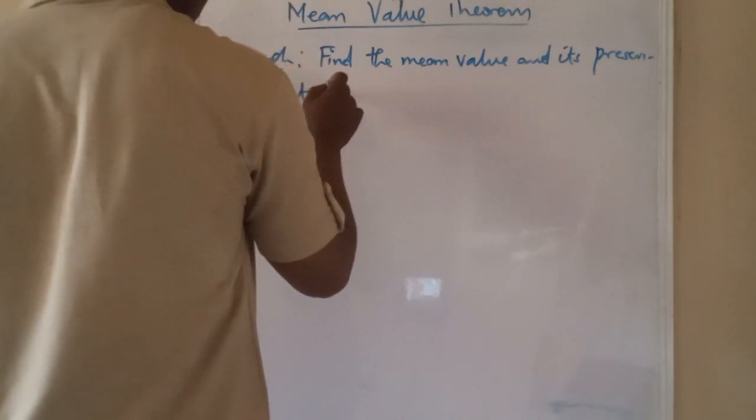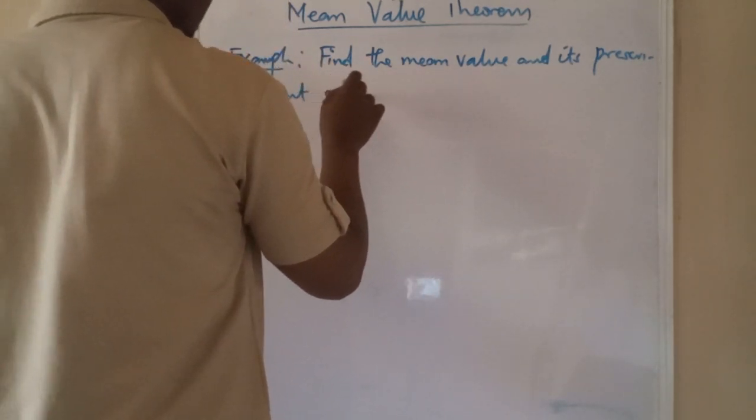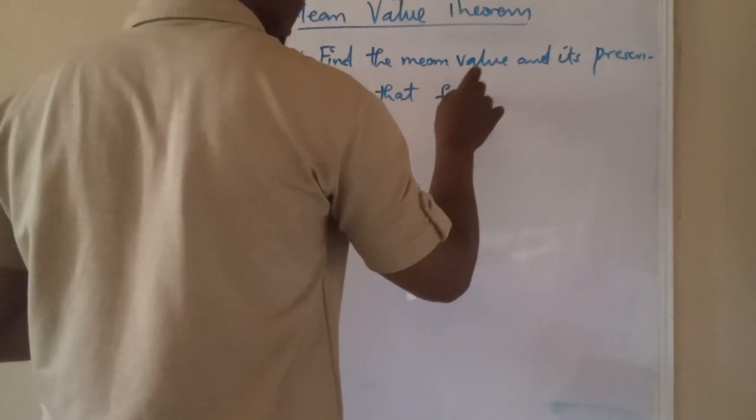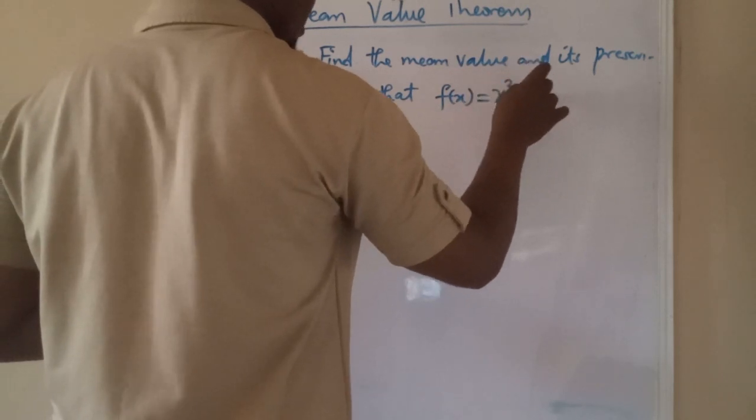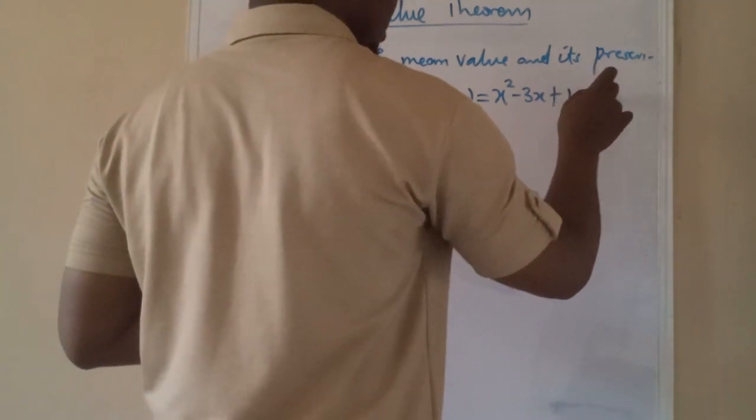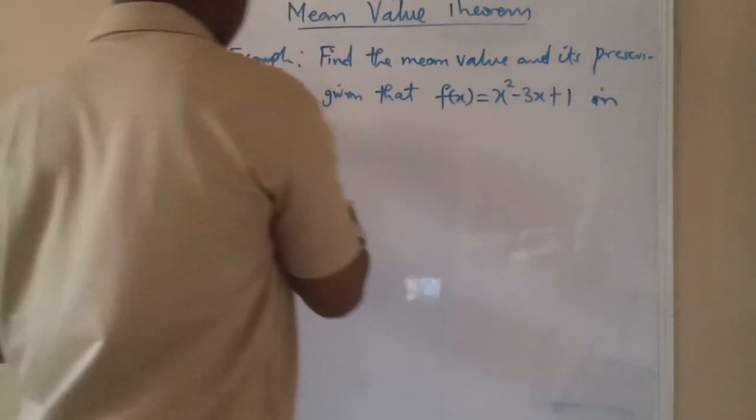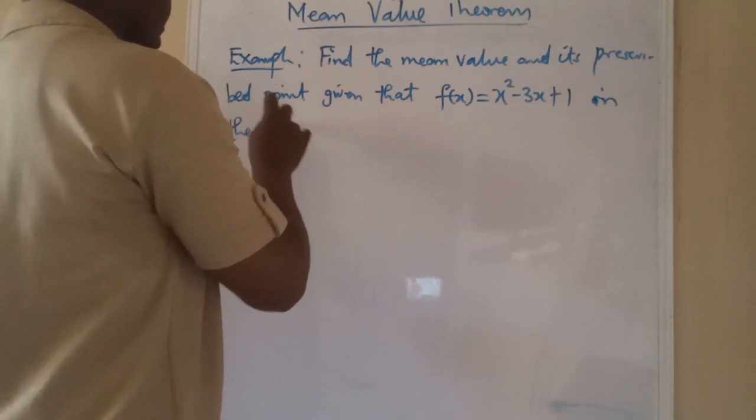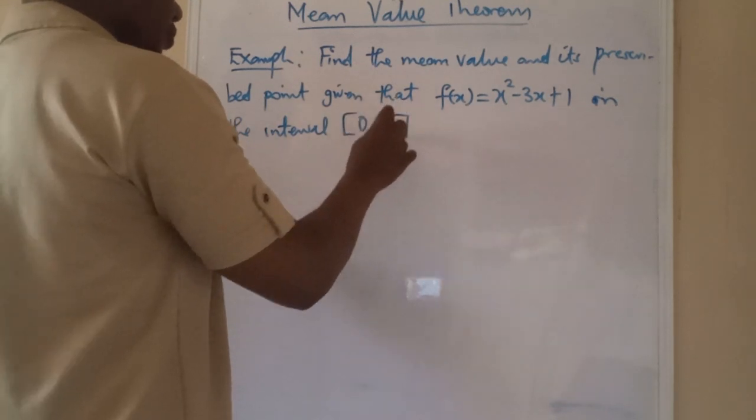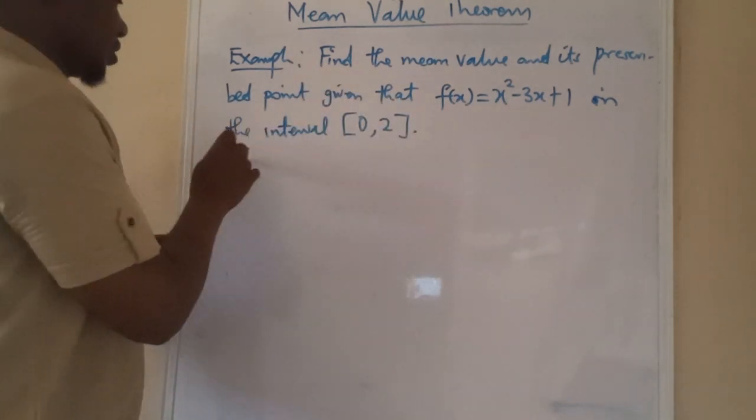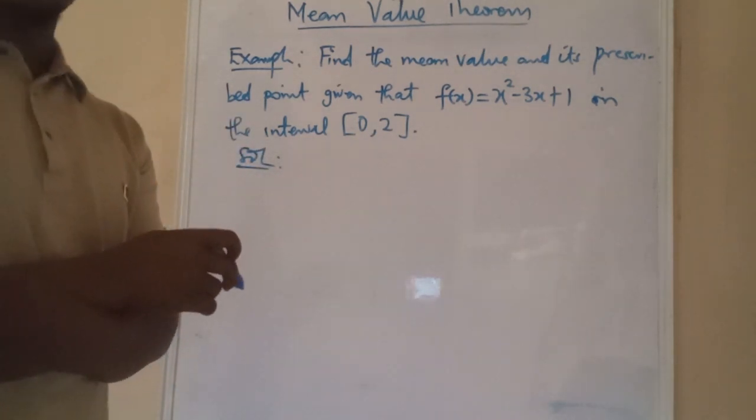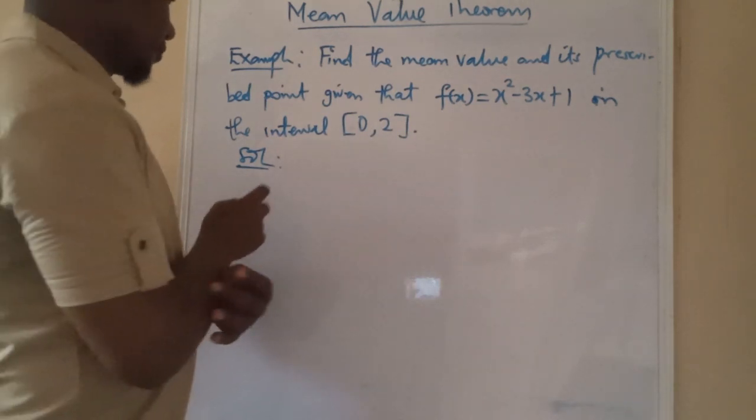Given that f of x is equal to x squared minus 3x plus 1 in the interval 0, 2. So let's see how we solve this. The formula we have there is the formula for the mean value. So in order to get that, we say that